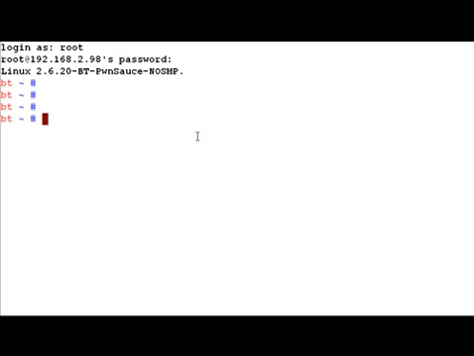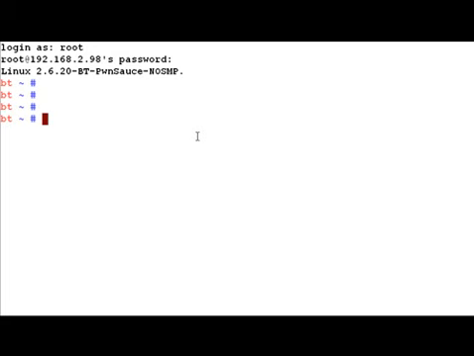Hello guys, in this video tutorial I'll show you how to use the Nmap utility. Now Nmap, or Network Mapper, is a scanning tool through which we can find out more about computers on a network. To start off, we can find whether a particular computer is up or not. Then we can find some of the ports which are open, the operating system which it runs, and maybe even the services which are running on those ports.